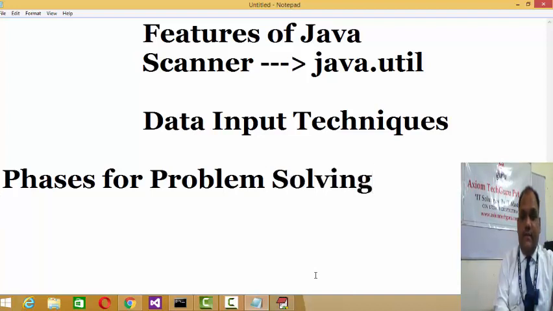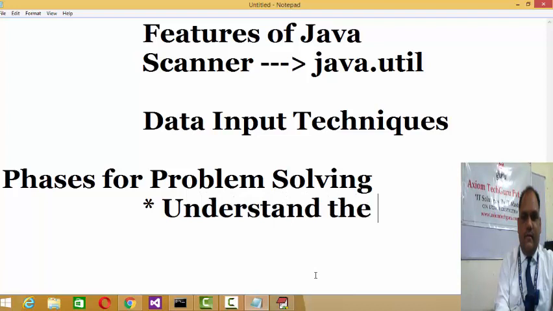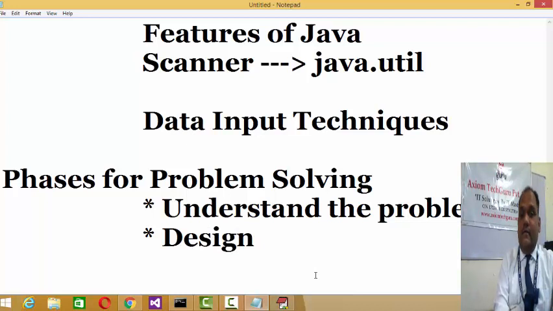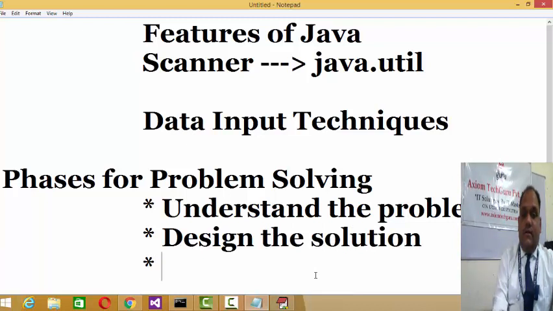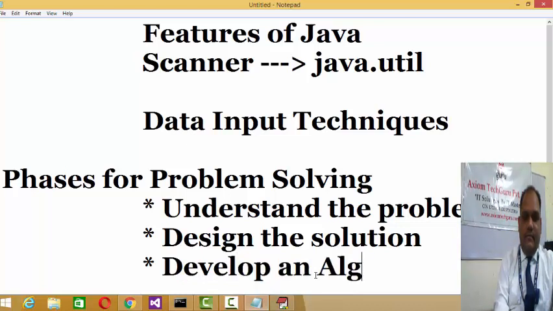First phase is to understand the problem. Right? The second phase will be to design the solution. The third step will be to develop an algorithm.